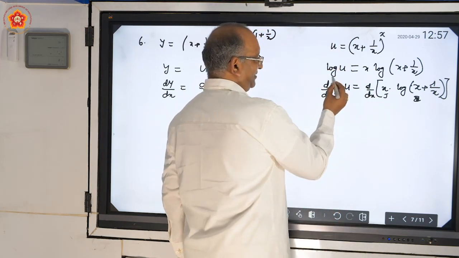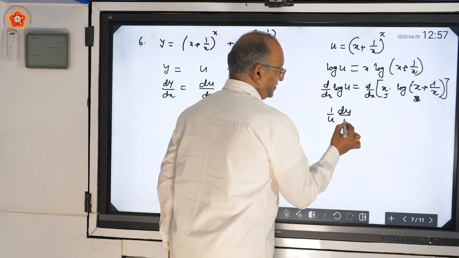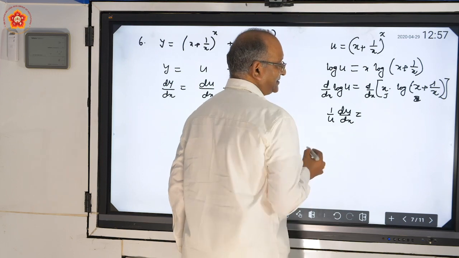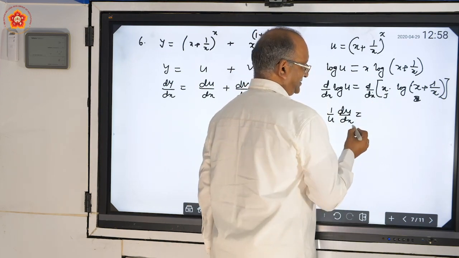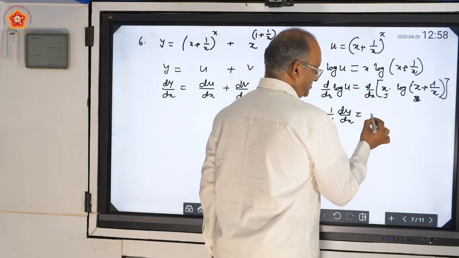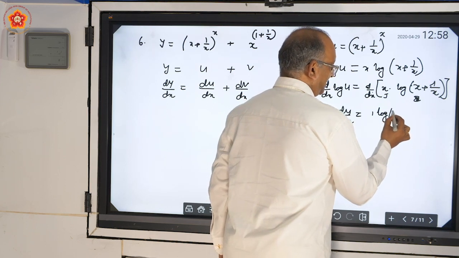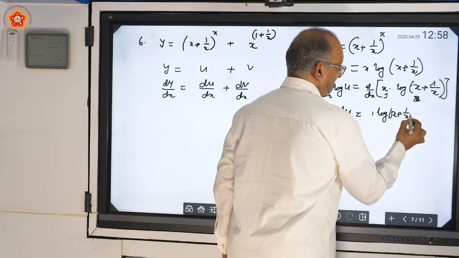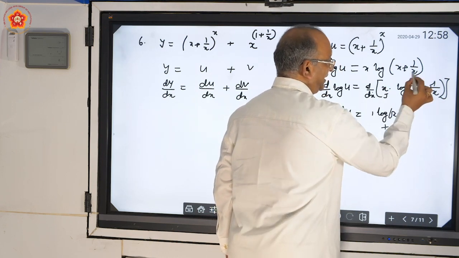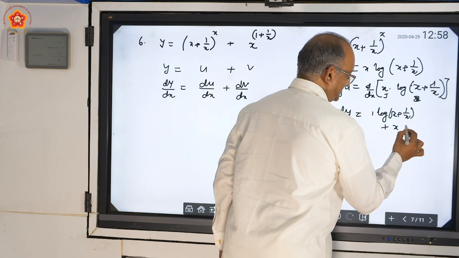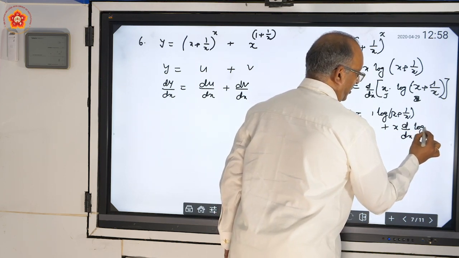And what do we get in the left hand side? We are going to get 1 by u du by dx is equal to, when you use the product formula, first d dx of x. What is d dx of x? Which is 1, into the second function log (x plus 1 by x), plus the first function into the derivative of this. This is what needs to be understood. d dx of log